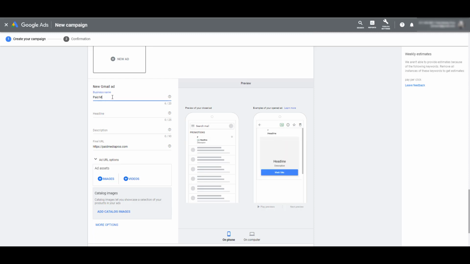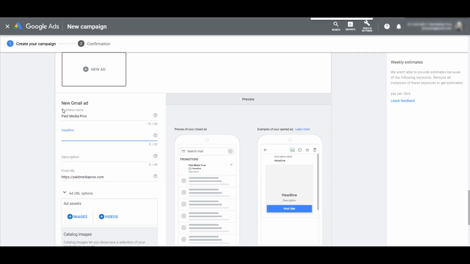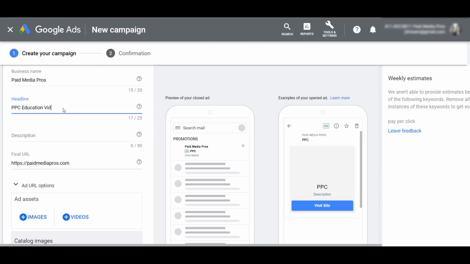But first, add your business name. Next, you'll have 25 characters to use as the headline of your ad. And let me blow this up a little bit first, just so it's easier for you to see the ad previews. So with just the business name and the headline, we get an understanding of how the ad is actually